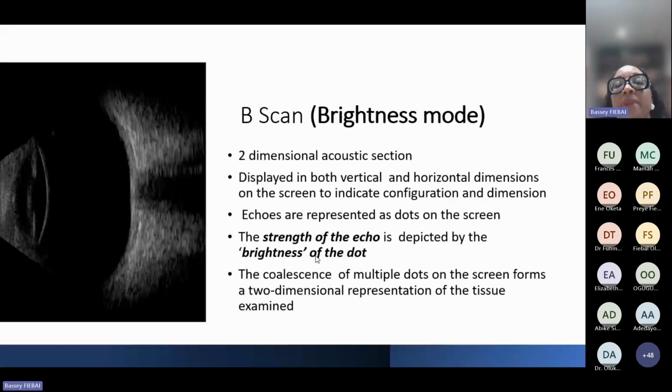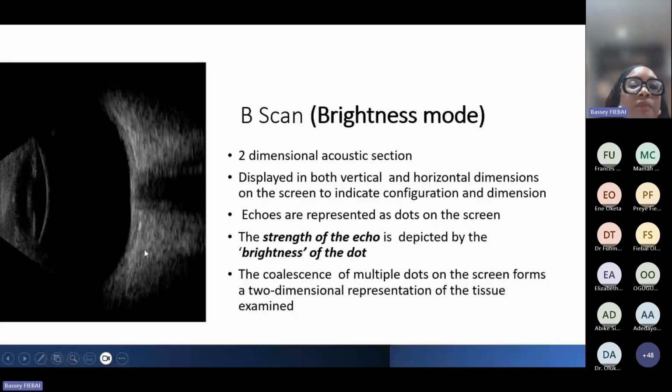B-scan stands for brightness mode, and this is a two-dimensional acoustic section. You know, the A-scan was a one-dimensional one. This is a two-dimensional acoustic section displayed in both vertical and horizontal dimensions on the screen. The echoes are represented as dots on the screen. So that's why you see these bright